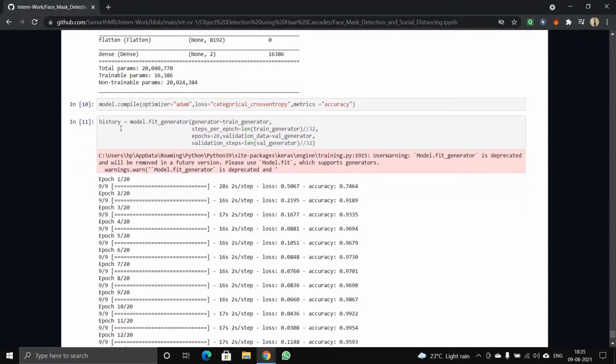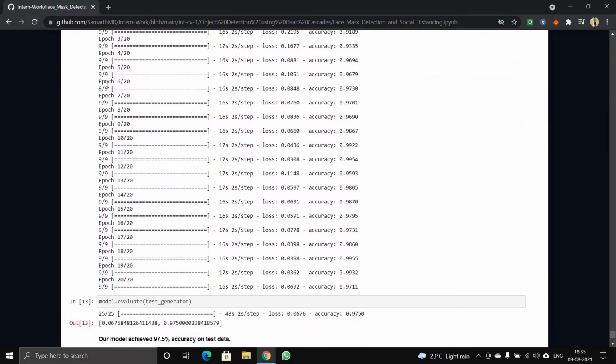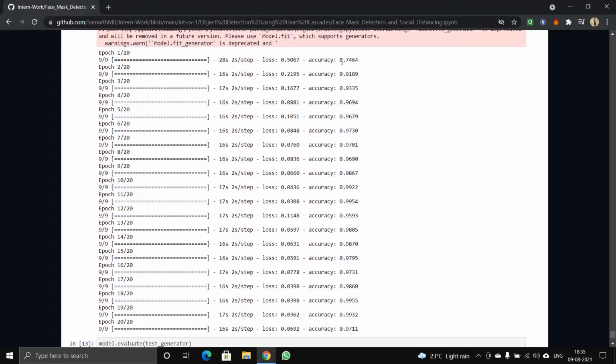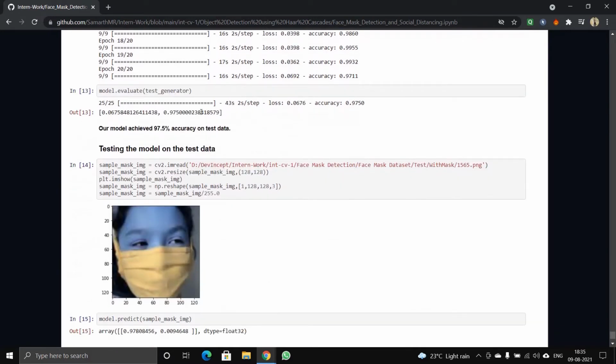So when we try to fit the model inside the generator, we have given 20 iterations so as to get good accuracy of the model during the training process. So we have given all the 20 epochs, and in every epoch we are getting good accuracy: 74, 91, 93, 96, and so on. So finally when you evaluate your model, it comes to be approximately 97.5% accurate.